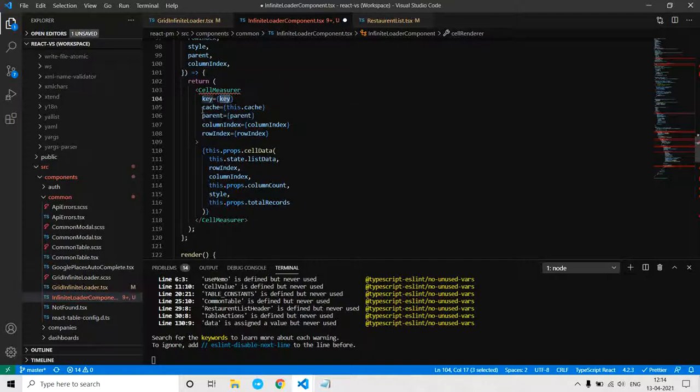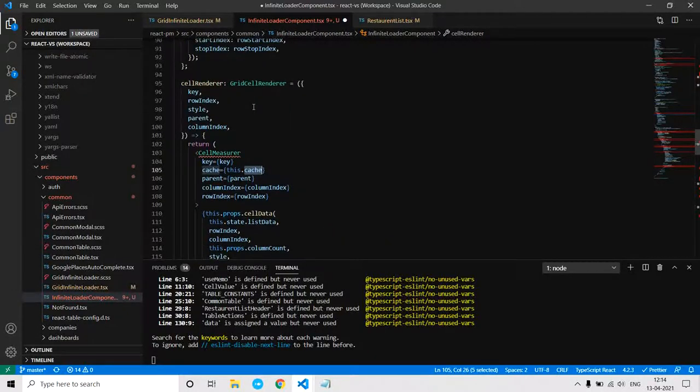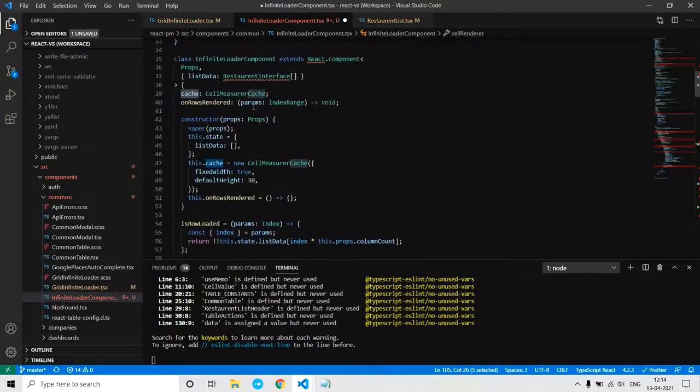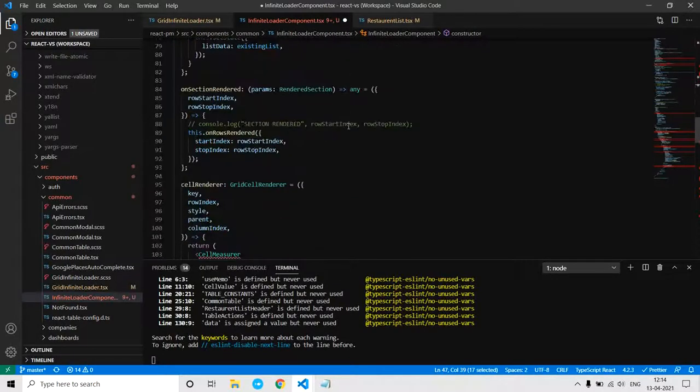And see here our cache, this.cache, we are passing it to CellMeasurer, so that CellMeasurer makes sure they are stored in this CellMeasurerCache, which we are initializing in the constructor.